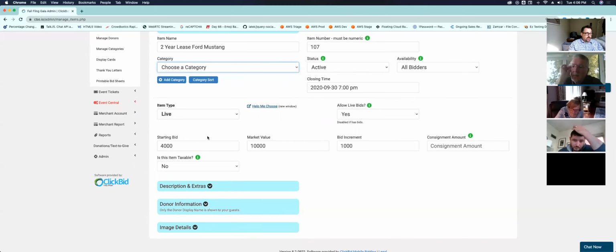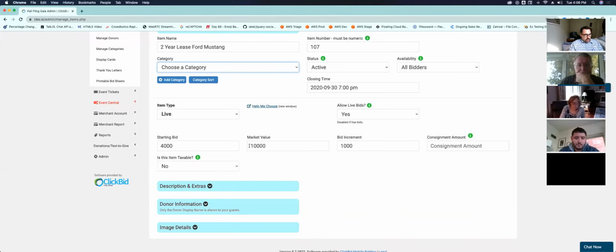It gets skipped a lot, and then 10 minutes before the event starts and they're going to go live with the auction, I'll look at the increments and they won't be set right. Though it's not critical, it's something that I think is really helpful to do up front. If I know that when I set this item up, the value is $10,000, and maybe I haven't talked to my auctioneer yet to determine what I'm auctioning this for, I think it's important to set a good starting bid